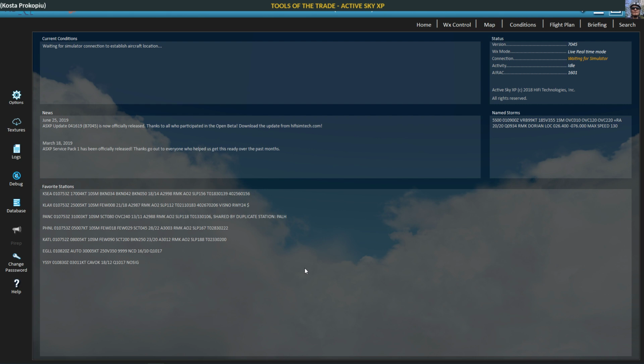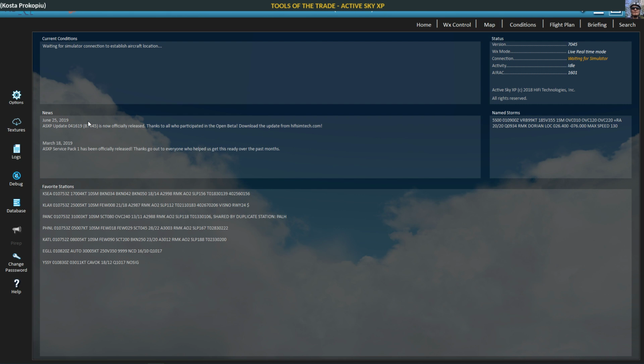I don't have the simulator running because I want to concentrate on the tool and I want to keep it short. Therefore, let's quickly go through the program. This is the home page. It gives you your favorite stations. They're usually the ones that you selected. You can select what stations you will be in more often. Not sure where it got this one from. I actually haven't set any, so it just assumes probably. Then we have